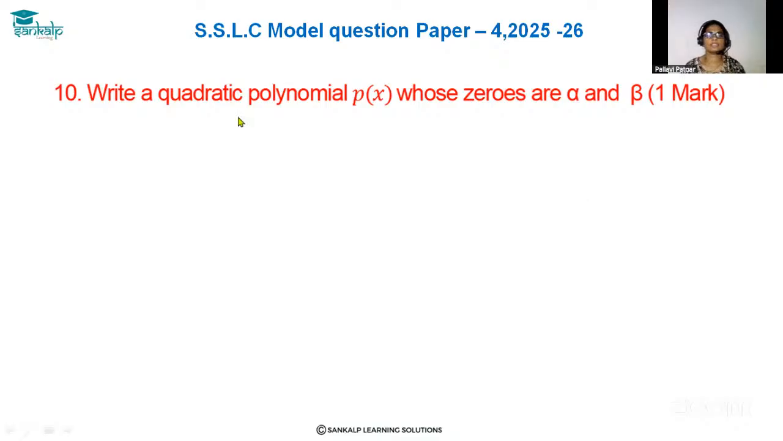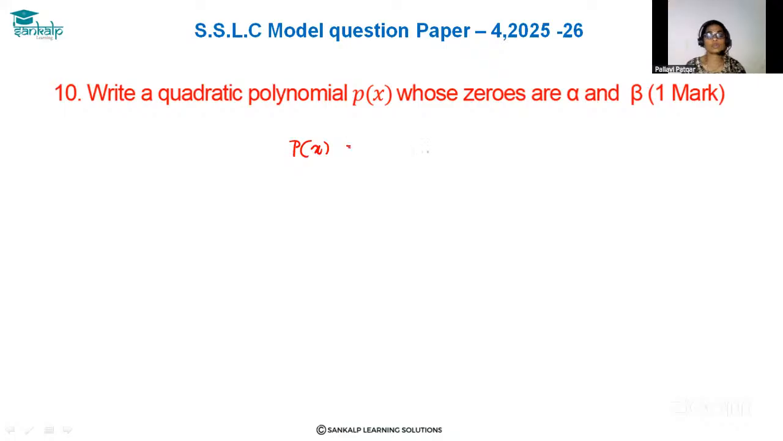Hello everyone. Look at the question number 10. Write a quadratic polynomial p of x whose zeros are alpha and beta. Okay, so here the general form of quadratic polynomial p of x